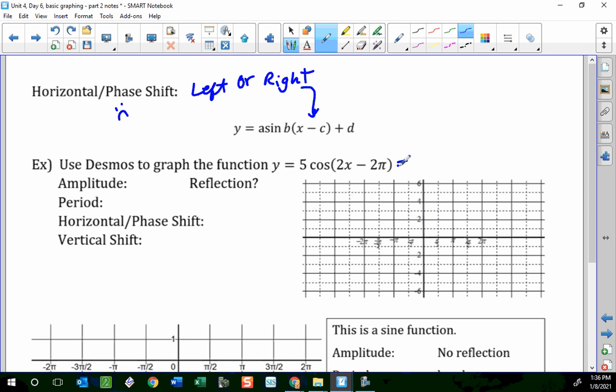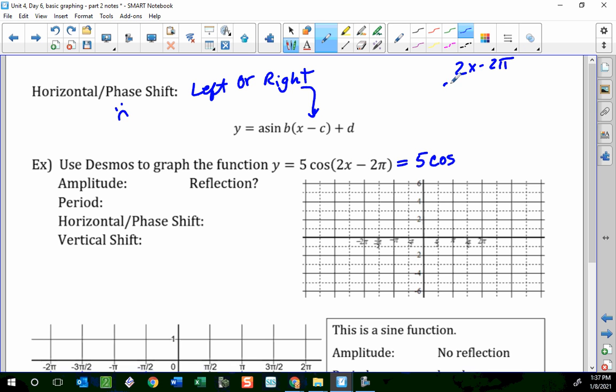So what I mean by that is this: you have a 5 right there, you have cosine. Now, do you see how this parentheses has everything in it? This 2 is involved in there. You need to have that 2 that's in front of the x be outside of the parentheses. So you see how it has to be like this. The b has to be in front, and then the true phase shift is going to be left over right here. So I have to take 2x minus 2 pi,